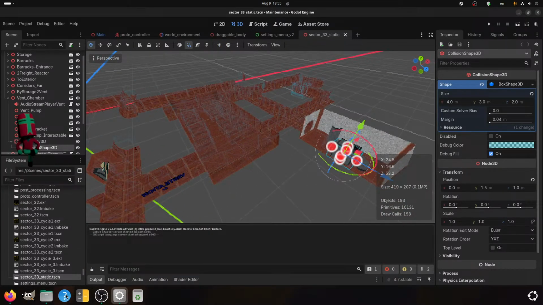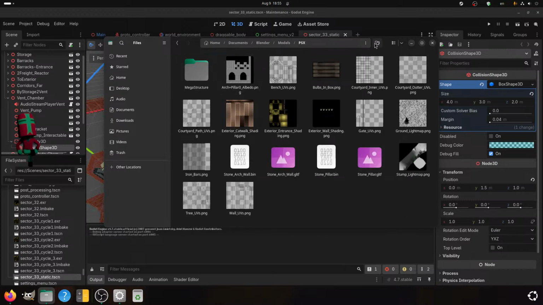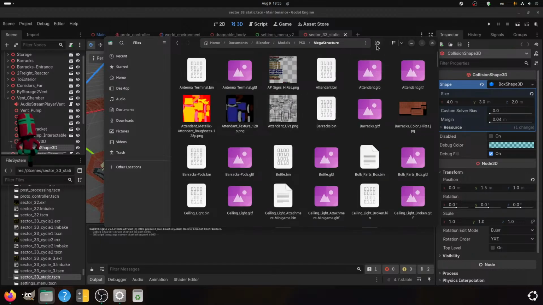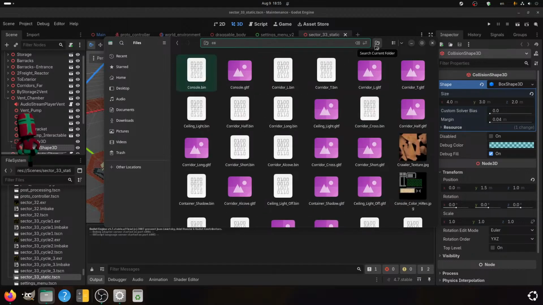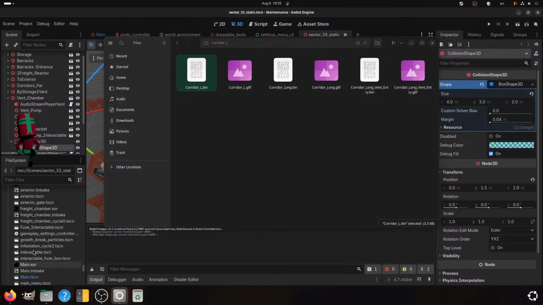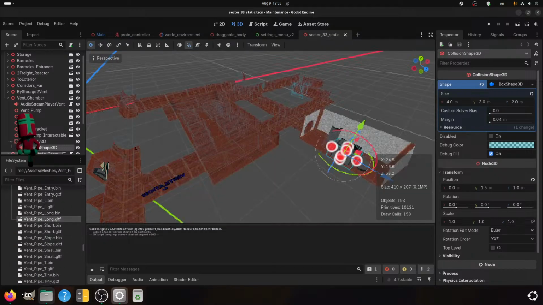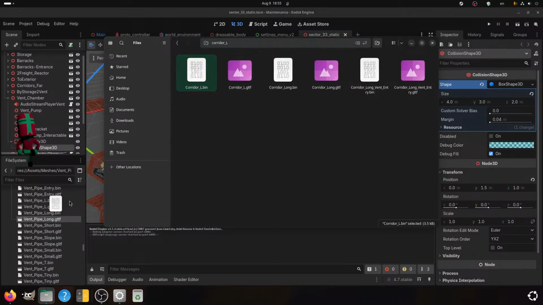Excellent. And we re-import everything from in here. And by everything, of course, I mean just the LPs.